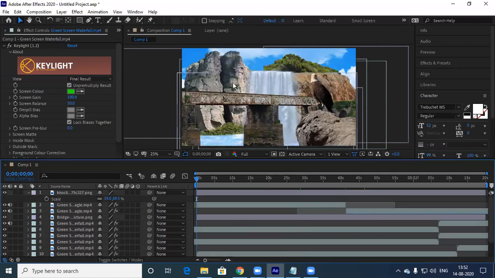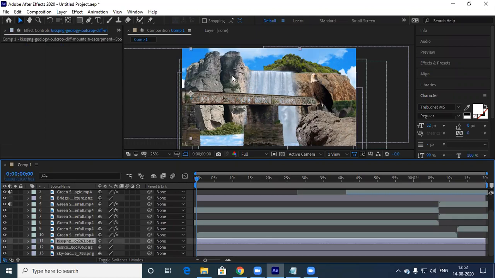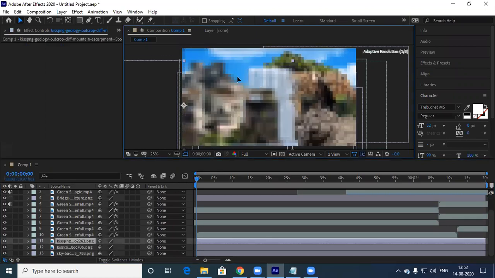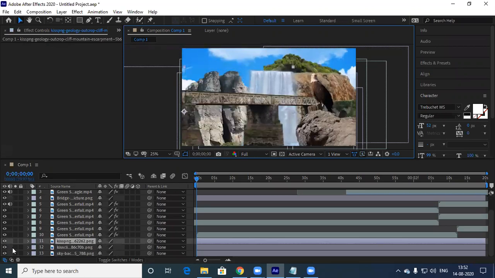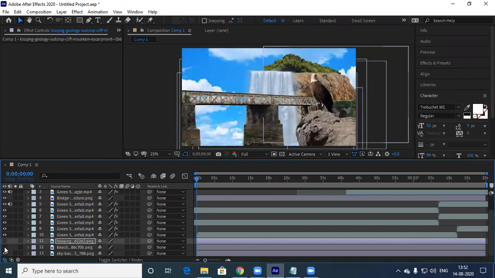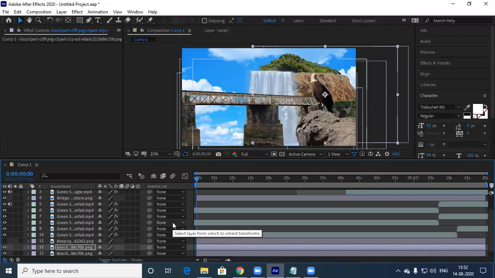Which looks like this. So we need to work on this. We have to do the color correction for this particular part, wherein the color correction of this particular mountain we have to do. So you should know which one you are selecting. Let me turn off that. Okay, this only I'll duplicate. I can move this over here like this.